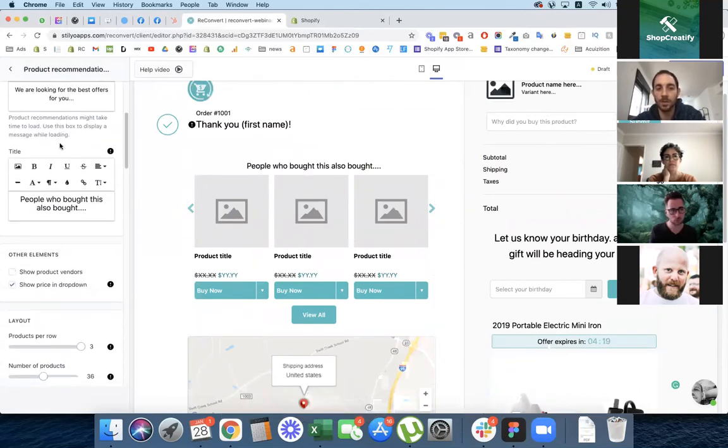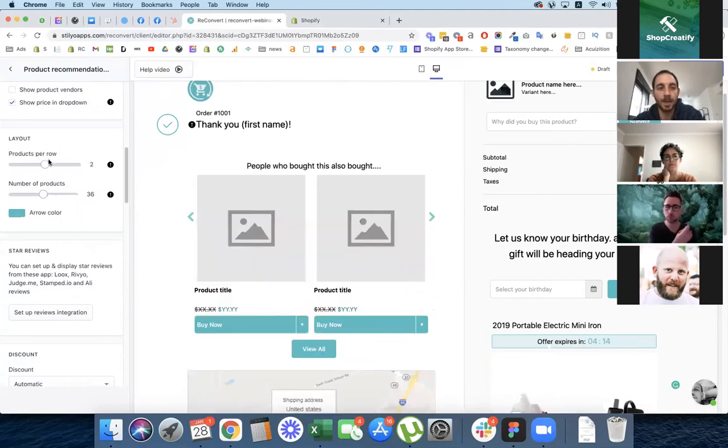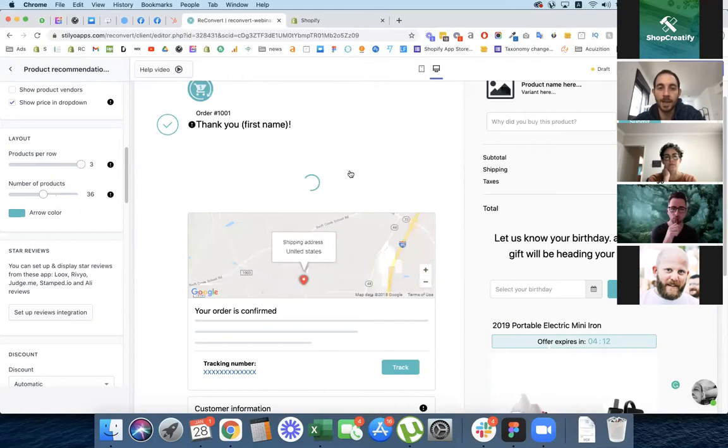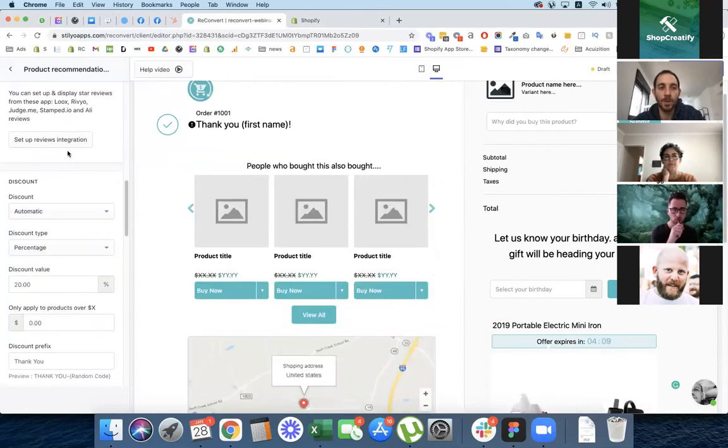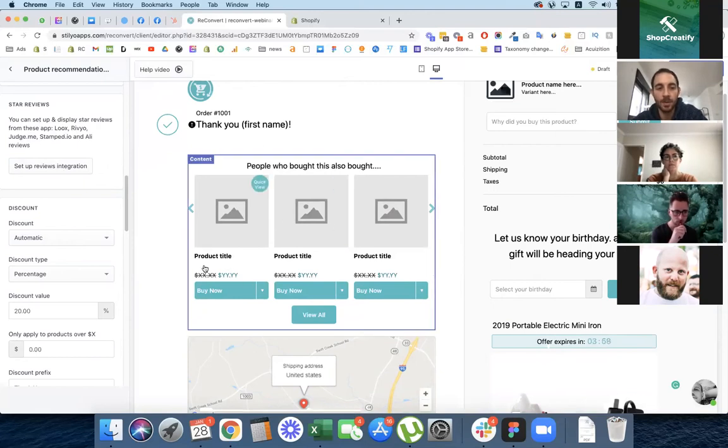You can really control everything, including how many products per row and how many products are displayed in general. You can add quick view settings or go without quick view. We also have reviews integration. We work with the top reviews apps on the App Store: Looks, Review, Judge Me, Stamped.io, and Ali Reviews. If you use any of those, you can set up an integration and display the star reviews below your